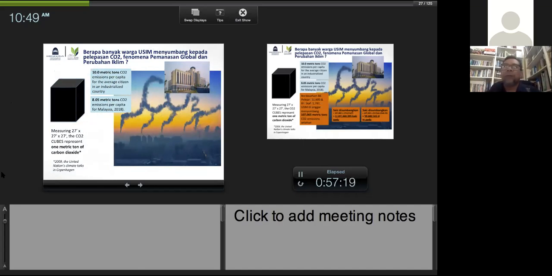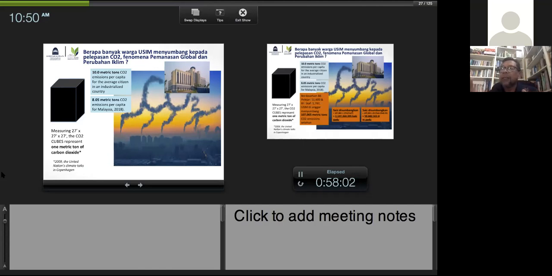When I say 1 metric ton of carbon emission, what is it? Carbon emission is the cause of global warming and climate change, because when we buy anything, basically there is a carbon content in it. Or we eat something, there is a carbon content in it. Even a handphone, the clothes that you wear, there is a carbon content in it. So that's why you can calculate your carbon footprint.